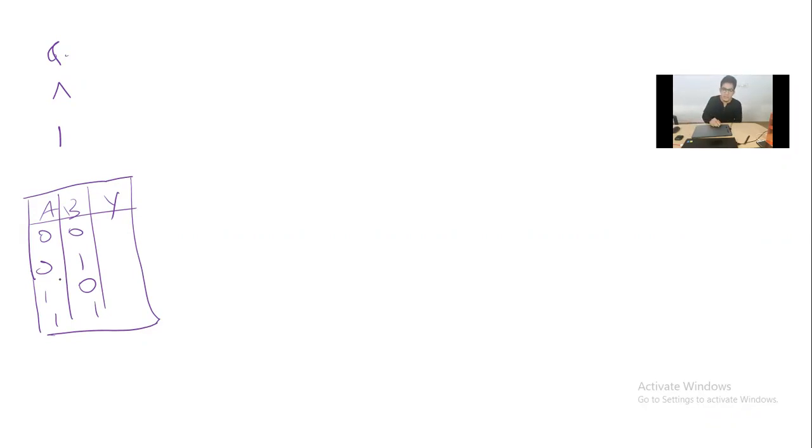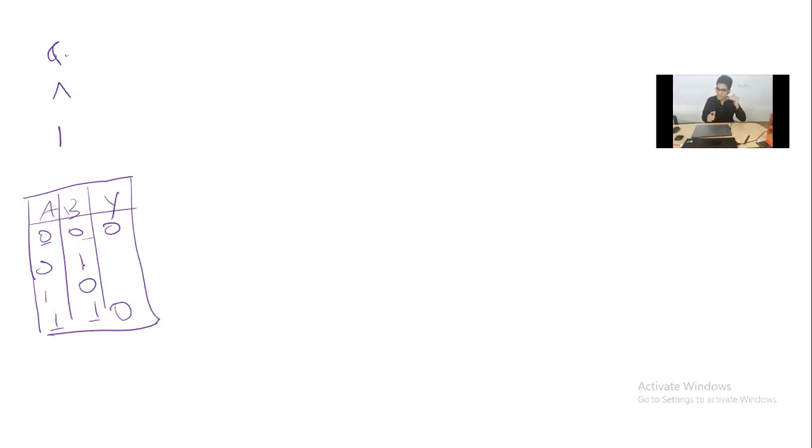Let's see. Here I have 0 and 0. Both inputs are 0 and 0. Is there any change here? No. If there is no change, output is 0 only. Okay. Then you can see 1 and 1 here. 1 to 1, is there any fluctuation there? No. 1 and 1 both are same, which means the answer is still 0. Output is 0.